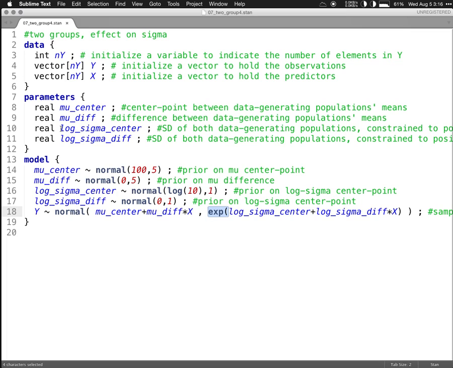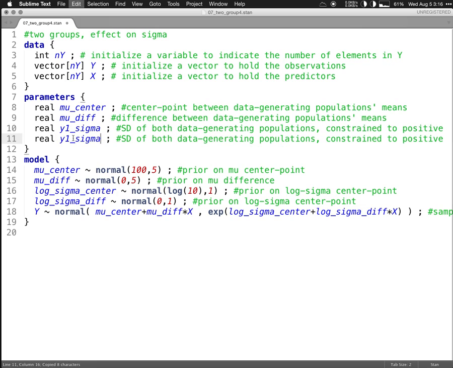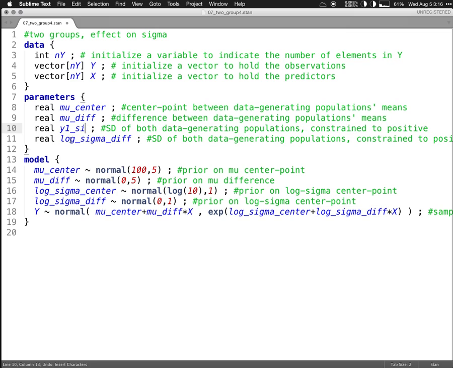I could, in fact, have just done it y1 sigma and y2 sigma. That probably would have been a little bit more straightforward for you guys to see. So actually, let's do that. So y1 sigma. Oh, that'll screw up my having pre-compiled, won't it? Well, otherwise,